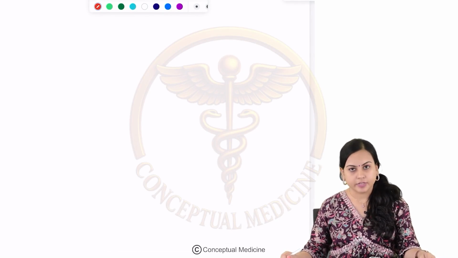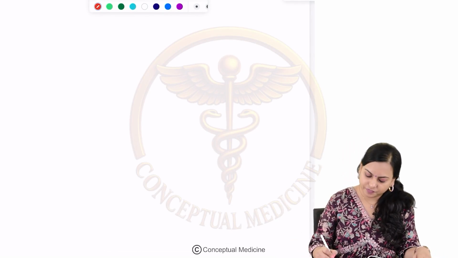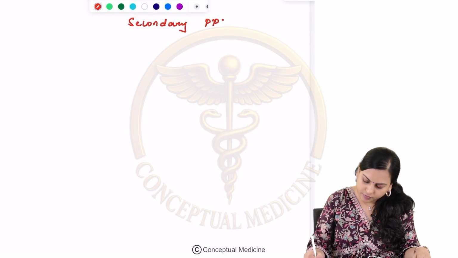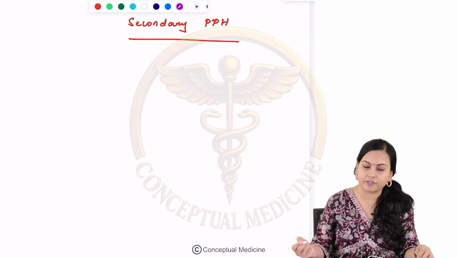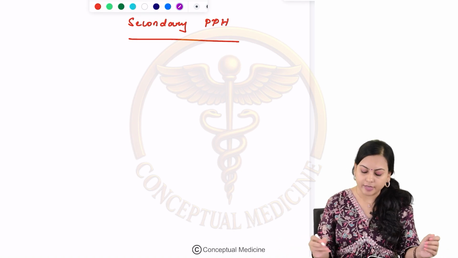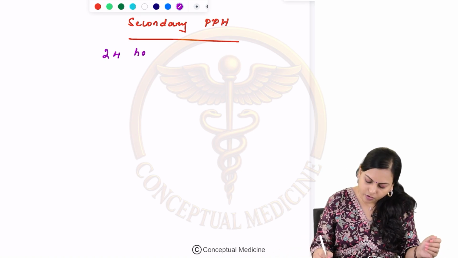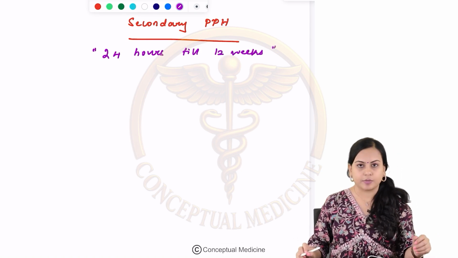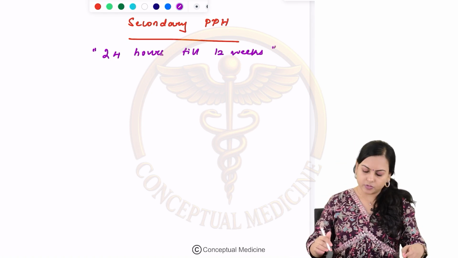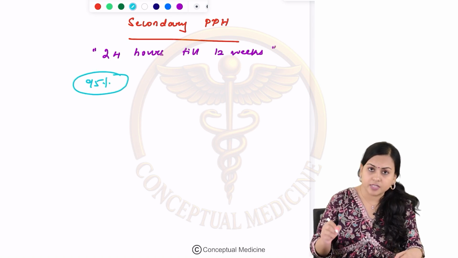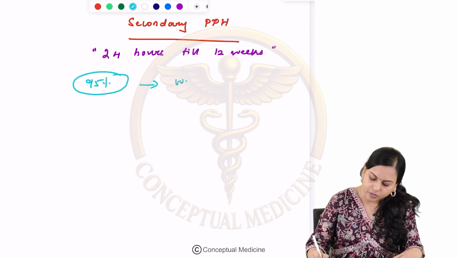In this video, we are going to discuss secondary PPH. In the first video itself, you would have known the definition of secondary PPH. Any excessive bleeding that happens from 24 hours after delivery till 12 weeks is known as secondary PPH. Clear? In secondary PPH, 95% of cases present within 1 month